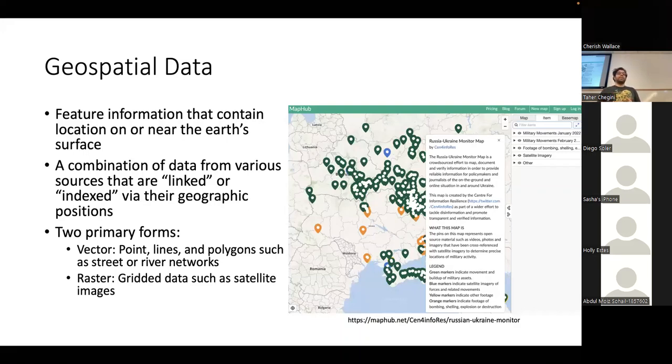So when we talk about geospatial data, we are talking about information about certain features that should contain the geographic positions of the data points that are available. There is usually a combination of data from various sources, and they are linked by their geographic positions on the map. So for example, if you take a look at the image on the right, this was developed by